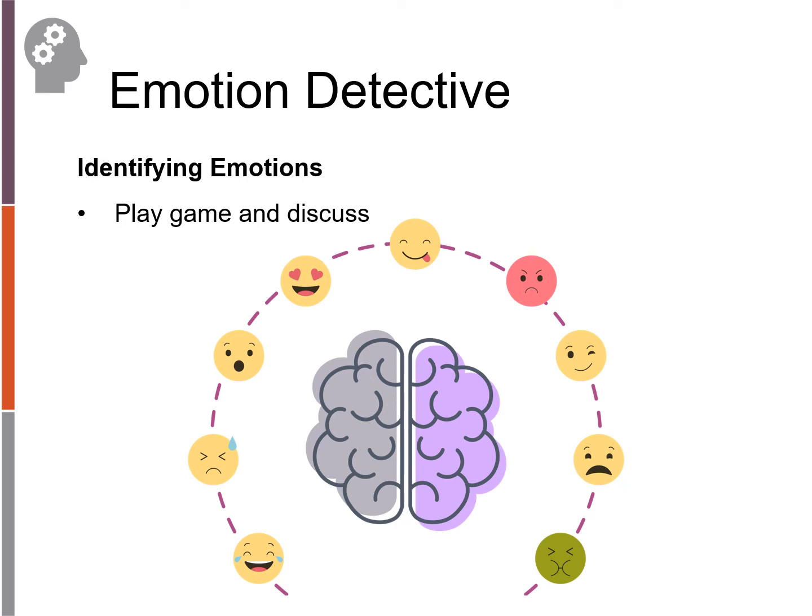This game involves the students taping an index card with an emotion labeled on it. The other students are then supposed to give the student clues about what the emotion is by either acting out the emotion or giving clues about behaviors or physical sensations that might be associated with that emotion. Each student should be given the opportunity to guess an